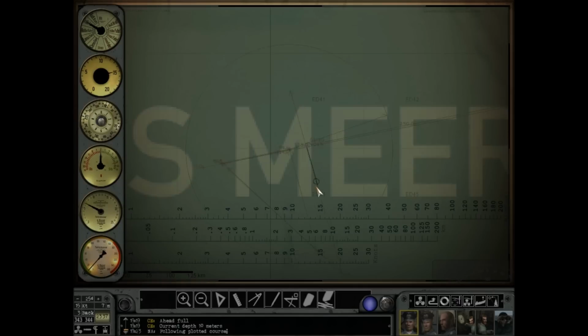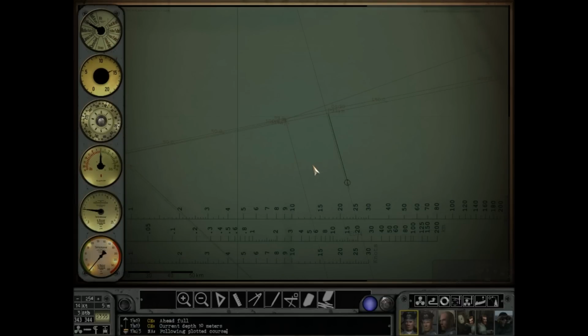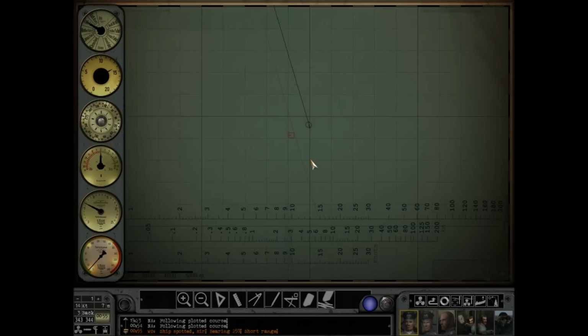And I've managed to fill in the time it took for us to get to our intercept point with all that babble, which is good. Almost there. I'm going to dive when I get there just to scope out the scene, see if he's in the area. Probably won't be close enough yet. Oh, okay. Okay, well,